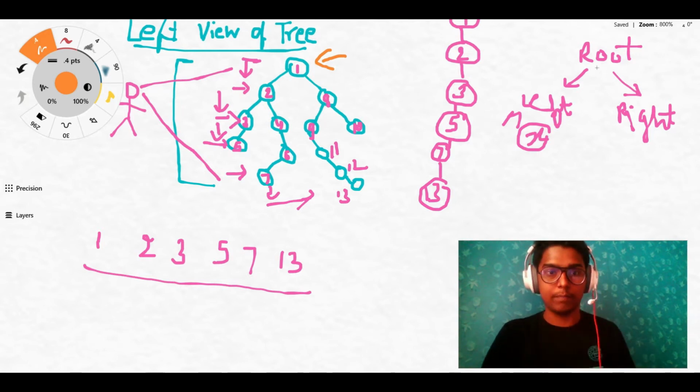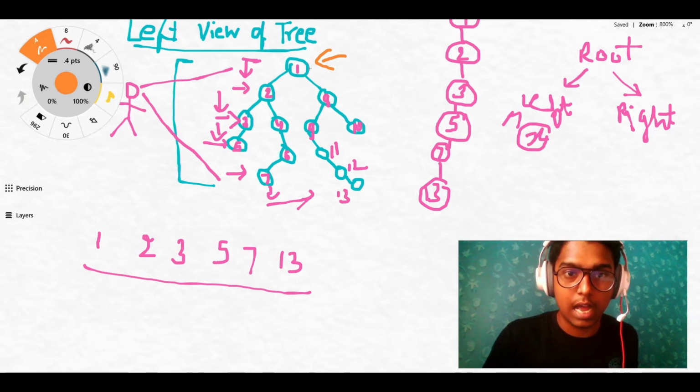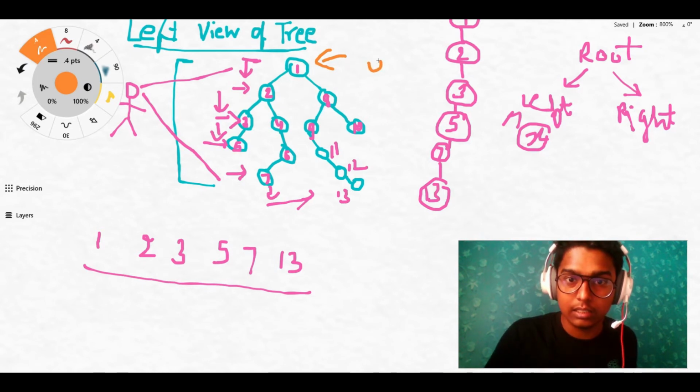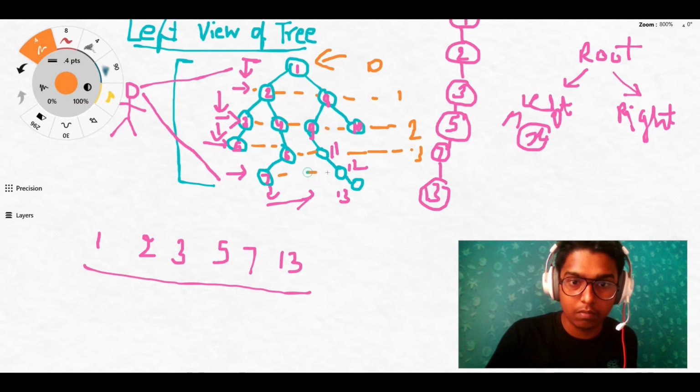So I am at 1, and let us suppose its height is 0, this is height 1, this is height 2, this is height 3, this is height 4, this is height 5.